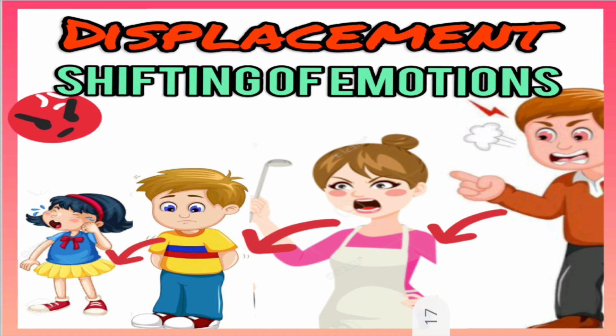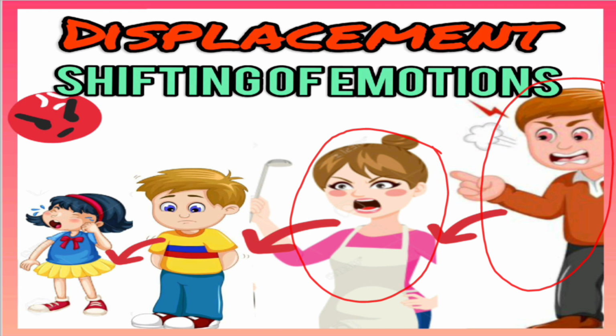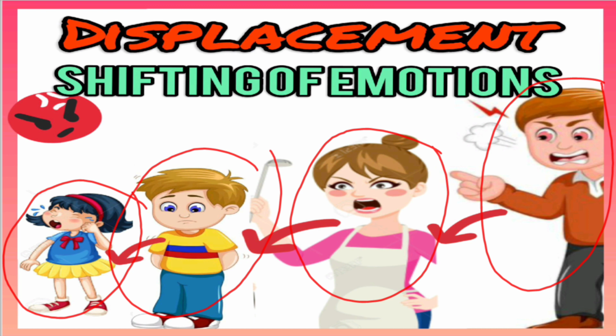D is for displacement. So displacement is nothing but the shifting of the emotions. So here, as we can see, this husband has a bad day at the office. He could not shout on his boss back. तो वो क्या करता है, he comes back home and shouts on the wife. ठीक है, और वाइफ पे चिल्लाता है. And then wife, वो क्या करती है कि वो अपना गुस्सा, वो अपने स्ट्रेस को vent out करती है on her son. फिर वो बच्चा जो है वो क्या करता है कि अपनी बहन पे, छोटी बहन पे अपना सारा